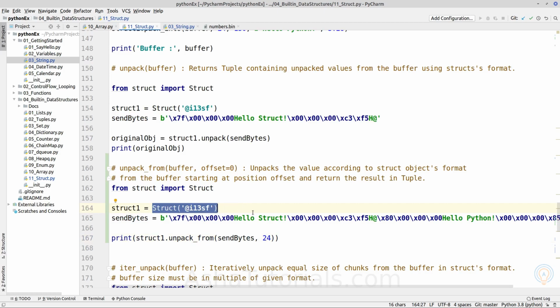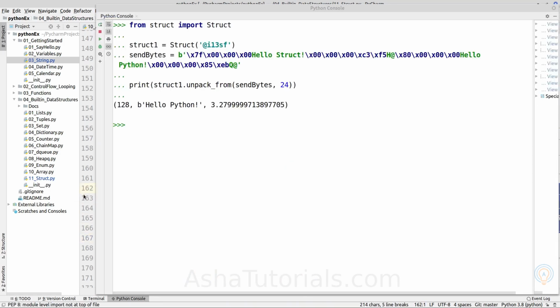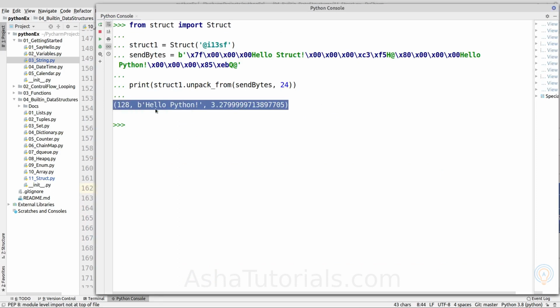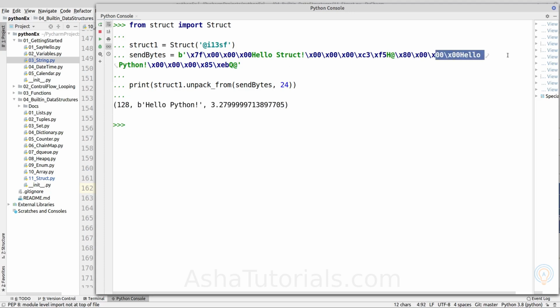So it will read 24 more bytes beginning from index 24 and convert those bytes into Python objects, which are written into the tuple object. So let's execute it. As you can see, it is returning a tuple object containing the original Python objects, beginning from index 24.